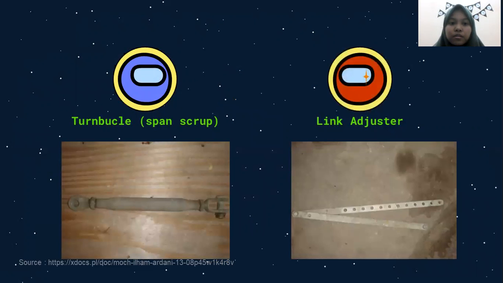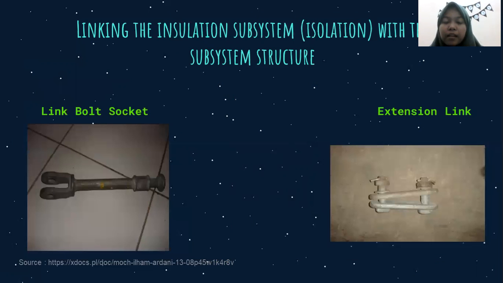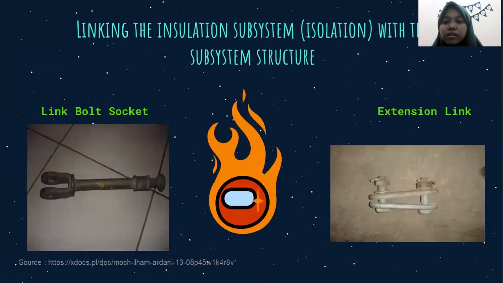And then turnbuckle or span screw and link adjuster. The turnbuckle is to regulate the tension or slack of the conductor. And then the link adjuster is to connect the yoke with the conductor and obtain the desired swing. And B is linking the insulator subsystem or insulation with the structure subsystem. Number one is the link pull socket and extension link. The link pull socket connects the insulator socket with the cold yoke on the tension tower. The extension link is